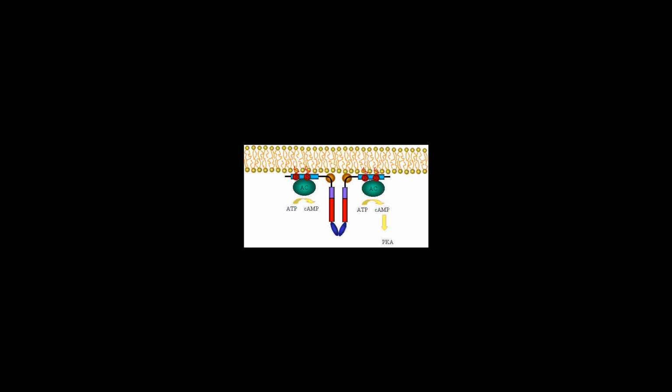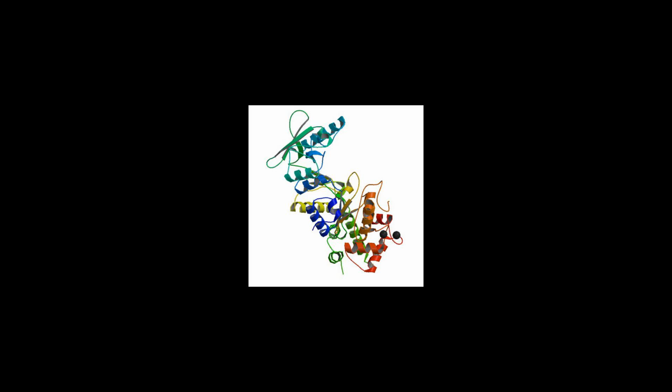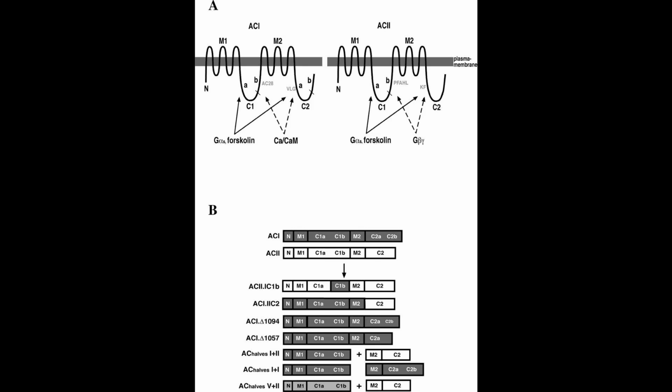Isoforms III, V and VIII are also stimulated by Ca2+/calmodulin. Isoforms I and VI are inhibited by Ca2+ in a calmodulin-independent manner. Isoforms II, IV and IX are stimulated by beta-gamma subunits of the G protein. Isoforms I, V and VI are most clearly inhibited by Gi, while other isoforms show less dual regulation by the inhibitory G protein. Soluble AC, sAC, is not a transmembrane form and is not regulated by G proteins or forskolin.